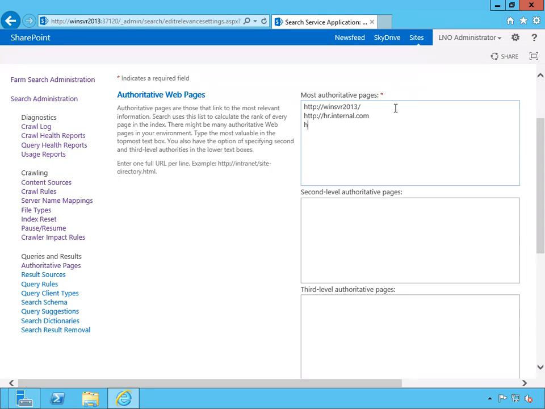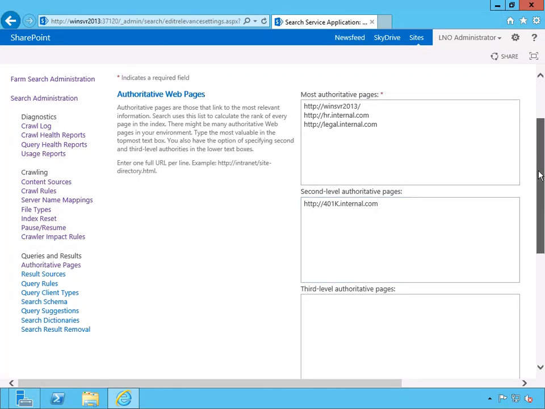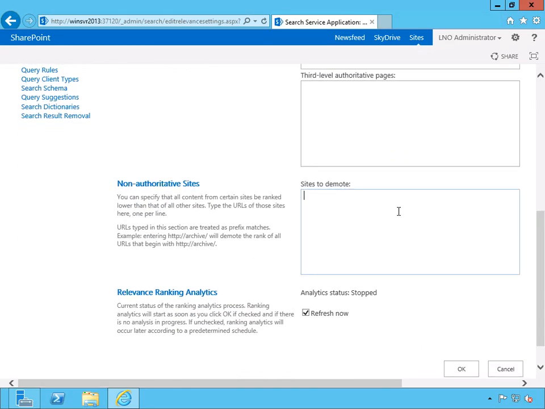Even more important, probably for our CEO, is we've got that in place. So maybe we've got some additional pieces that we want to say that might be useful as well. We still want HR and legal to pop up there, but for our second level, we know that we've got a lot of information that's very important that goes up on legal and HR, but our 401k special site that makes sure that our employees are taking advantage of their 401k and saving for retirement, that's at a second tier level. So if there's nothing on the HR legal, then the results from the 401k will pop in at that next level. So we can go down to a third level, and then we can also say that sites to demote,